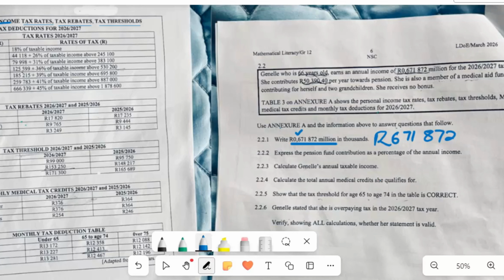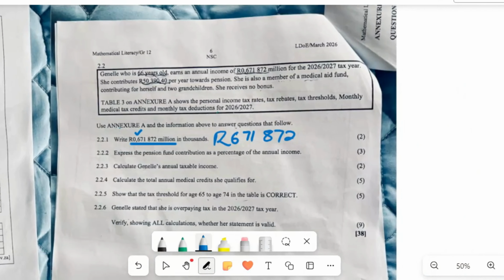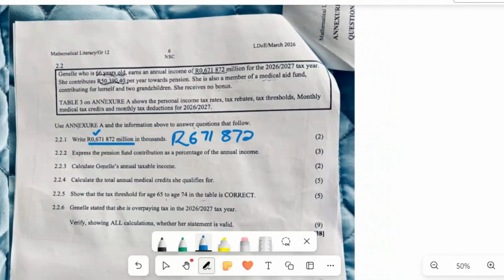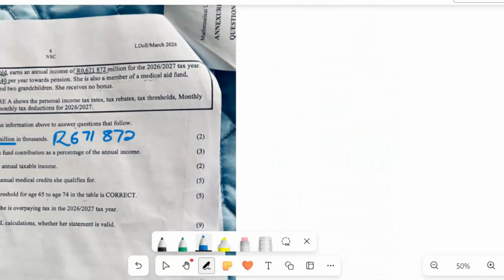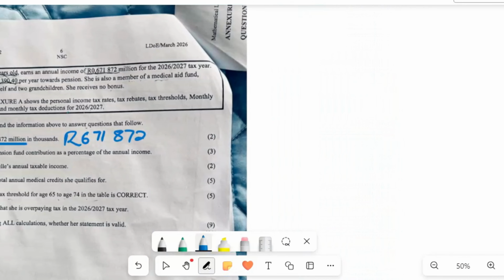How much is being deducted from Janelle's tax? Let us use this white portion here. She's paying 50,390.40 of how much? Of